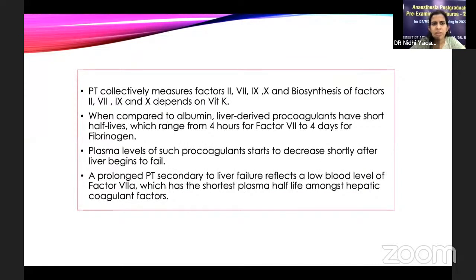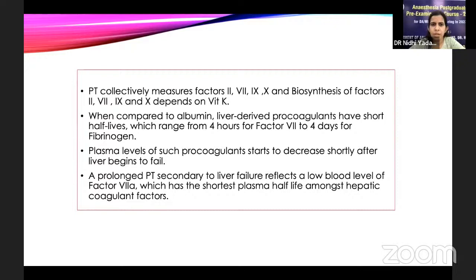The synthetic capacity of the liver is diagnosed by prothrombin time. Prothrombin time collectively measures the activity of various factors like 2, 7, 9, and 10. And biosynthesis of factors 2, 7, 9, and 10 is dependent on vitamin K. Since the liver is damaged, there is deficiency of vitamin K, so there is deficiency of vitamin K dependent